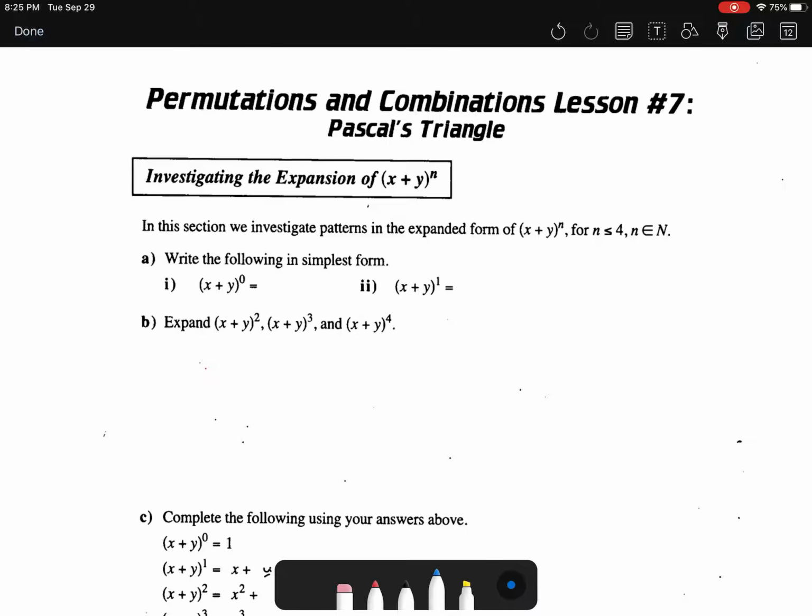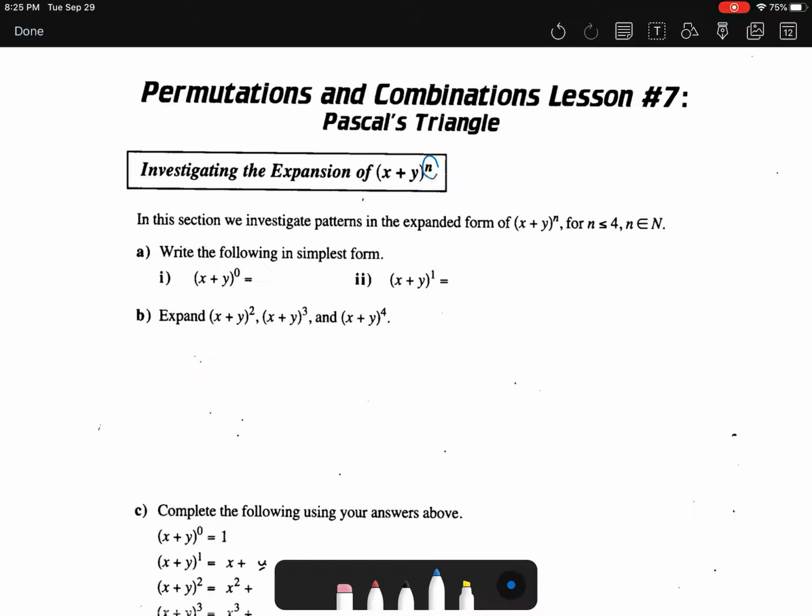What we're going to talk about today is something called Pascal's triangle, and what it really relates to is the expansion of any binomial. So you can see up here at the top with the title x plus y to the exponent of n. So that n is going to be any exponent. So, a binomial squared or cubed, anything along those lines. And we're going to see that when we expand those binomials, there are patterns that exist with the numerical coefficients, which are the numbers in front of the variables for each term, and also patterns that exist with the